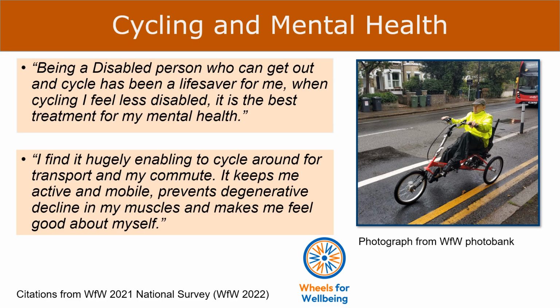And the photograph on the screen shows someone cycling along in the rain wearing a waterproof high vis. They're riding a red semi-recumbent tricycle and they're using a protected piece of cycle infrastructure. So there's a cycle lane on a road, it has a painted white line and some bollards, and just behind in the road, not in the cycle space fortunately, you can see the front of a red bus.